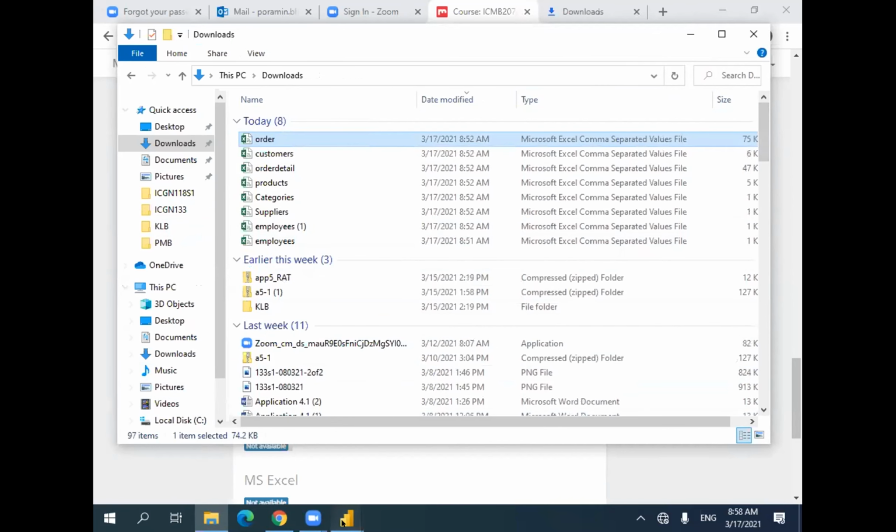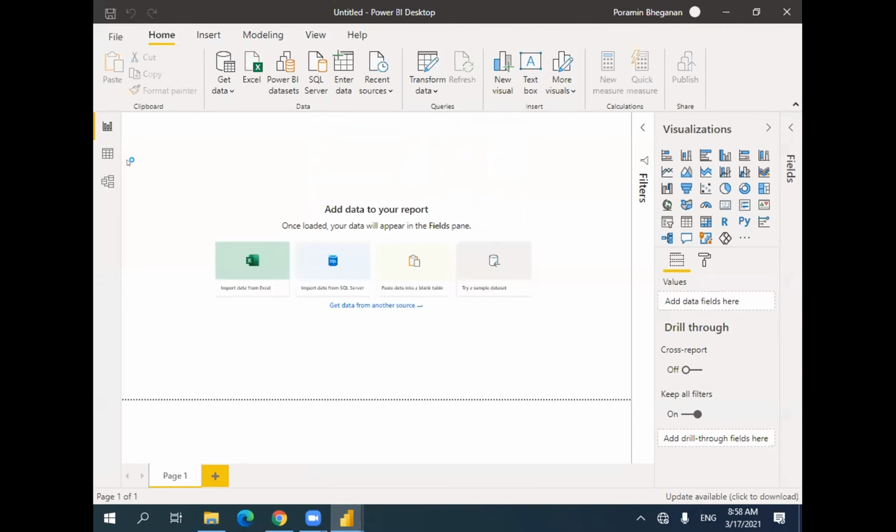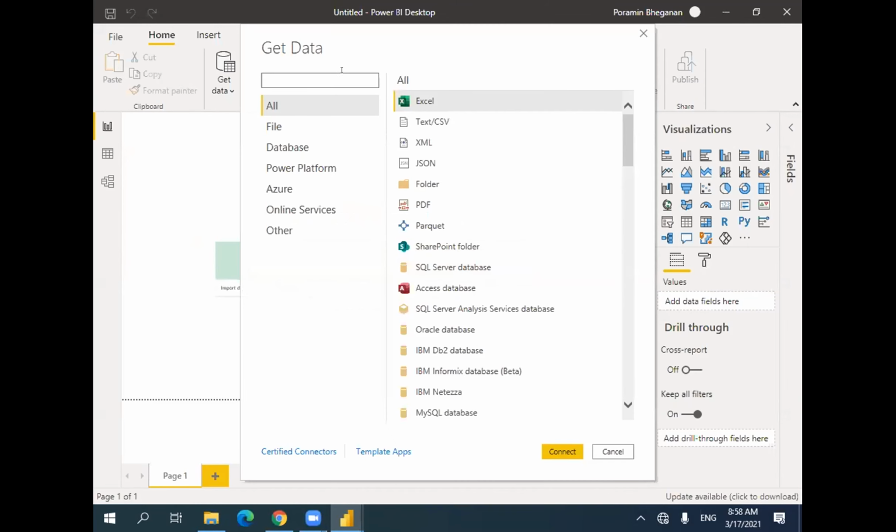Okay, now let's go back to Power BI, the new file that you just recently created. In this one you choose get data, and then you choose text/CSV instead of Excel. We choose text/CSV. This is the CSV file. Why does it say text/CSV? Because actually this file, if you remember, we use